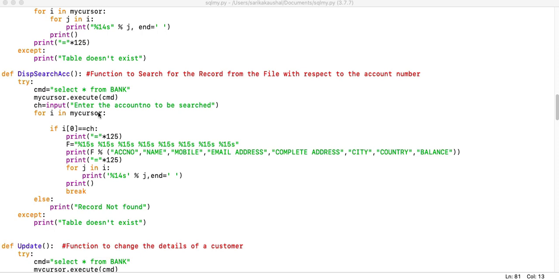Once you have the record set using the command CMD, you use a loop and do the comparison. If you find a match, you print it and break the loop and come out. Otherwise, you raise an exception, because this exception is also raised when the table does not exist or the record is not found. The else is with respect to the for loop: if all the iterations are done and you still have not found the record, you will see record not found.